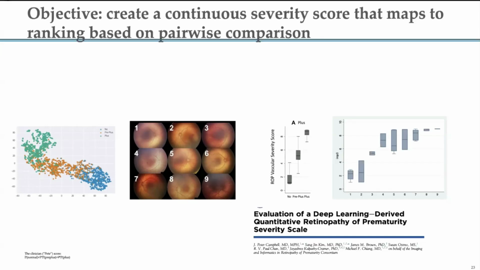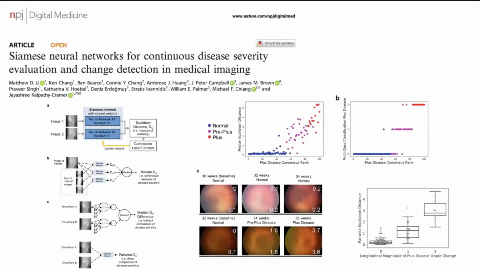Very often you see trends within a class. So even within plus or pre-plus, you might see that there's movement in terms of the disease, the eye progressing or responding. But because you've binned them into these two or three big classes, it's really hard to see that. So having a nice severity scale allows you to look at things like who's getting better, who's getting worse. And using a Siamese network architecture, we found that we were able to create a nice